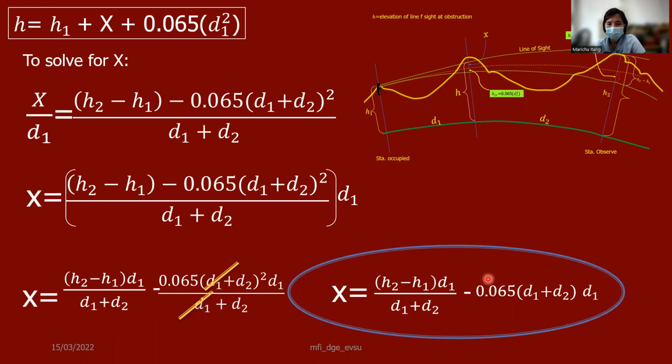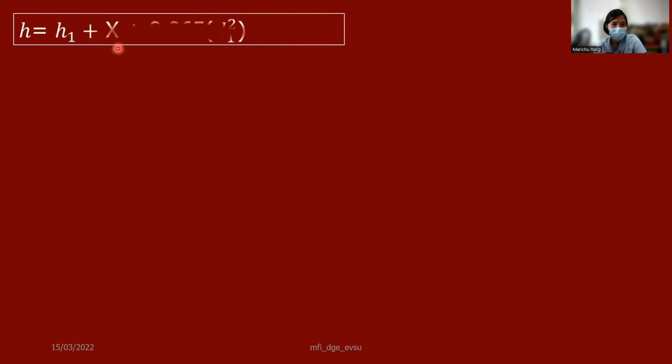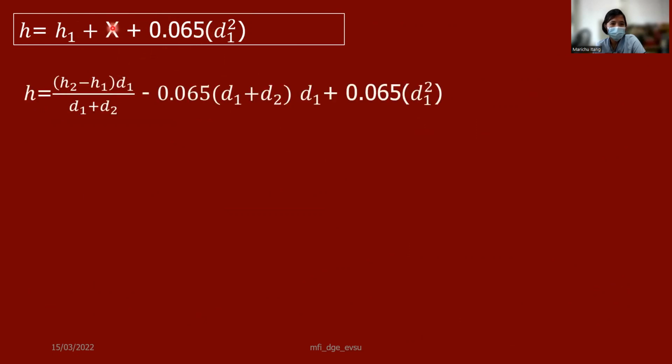So is this the final? No, we are going to substitute the x to finalize our equation. Substitute natin ito doon sa ating working first equation. So isa-substitute natin itong whole equation doon sa ating pinaka-equation to determine our h, right? So substitute this one. So h equals x minus 0.065 d1 squared. Then substitute yung x. So h1,